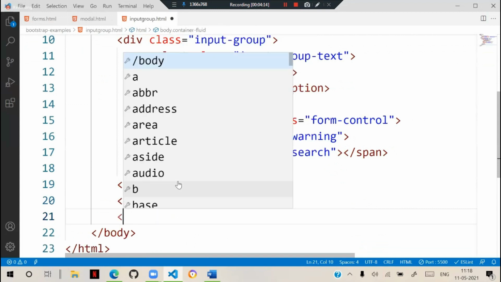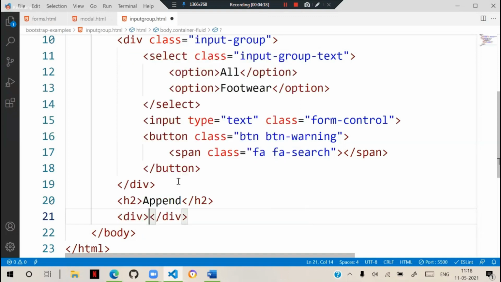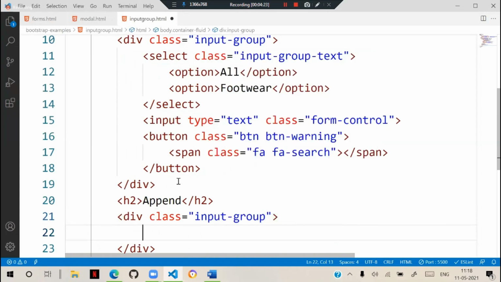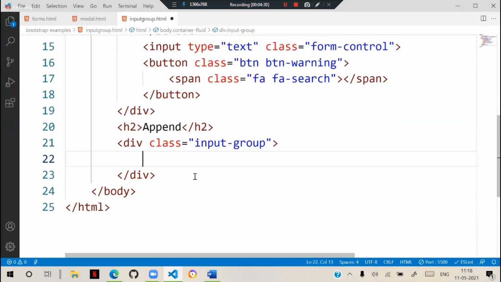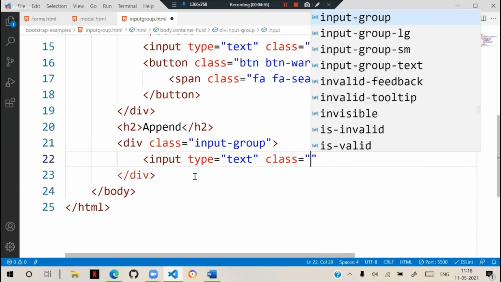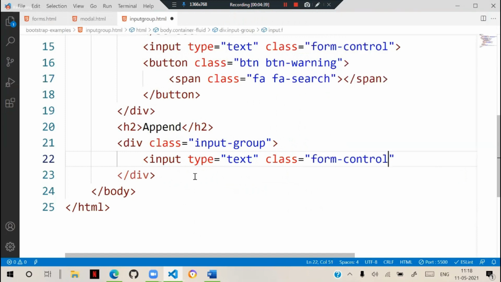Append also. That means we have a div, and in that we have to put a class input group. And in that we need to specify a text box. So input type is equal to text, and the class is equal to form-control.